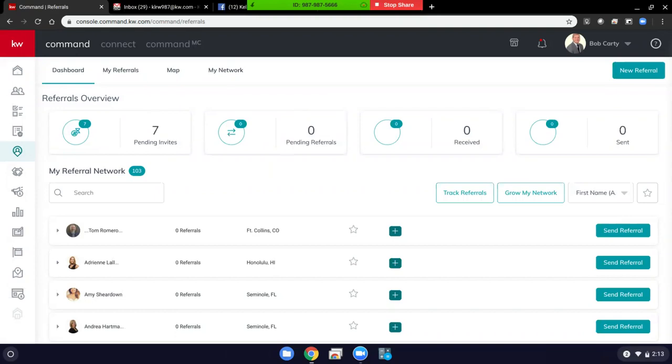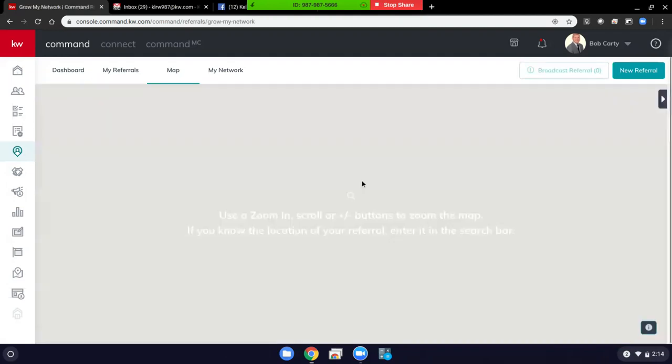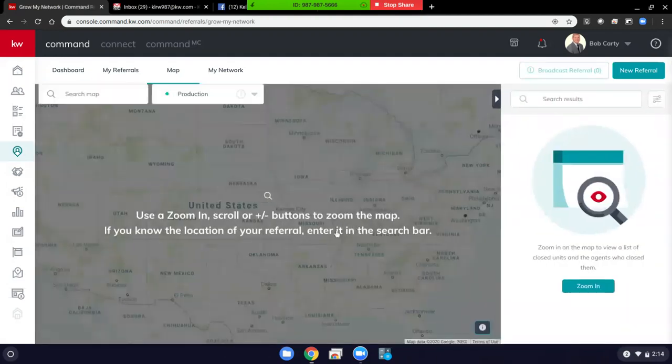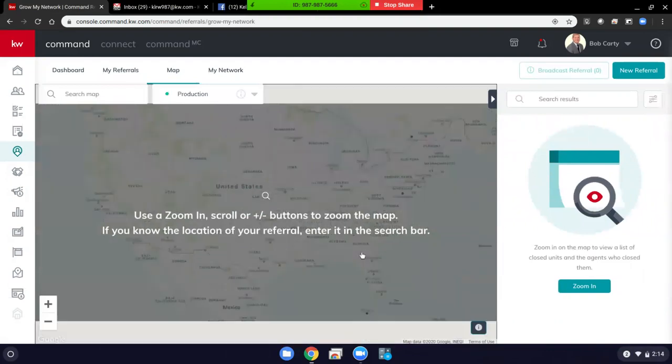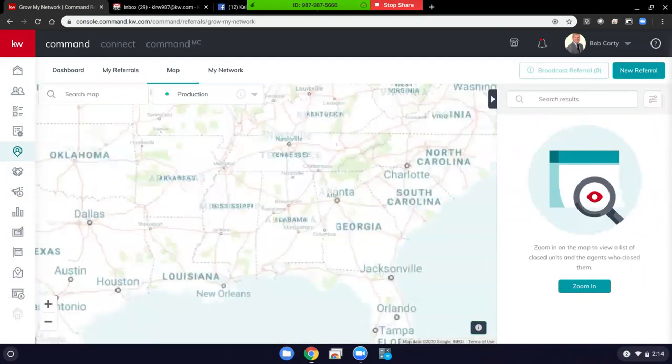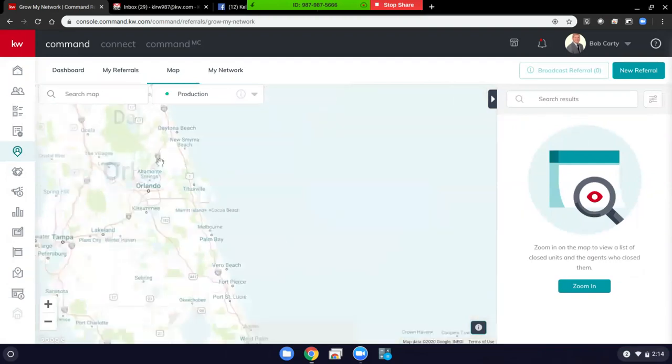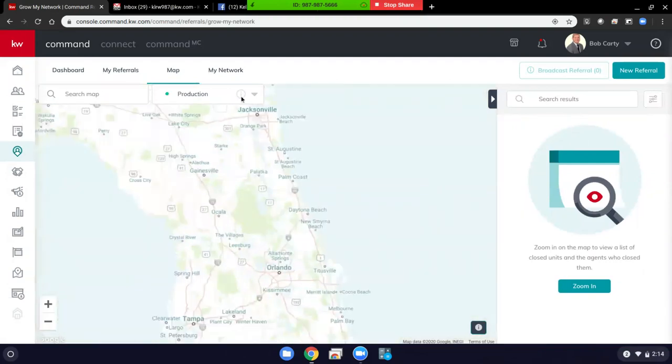So the first thing that you'll want to do if you're looking to send or receive a referral is, of course, identify an agent in the area you're looking to either refer to or receive referrals from. To do that, you can click Grow My Network right here, and that will pull up a map-based search for you to look all across the country for agents. So for instance, if I want to find someone in, let's say, Jacksonville,